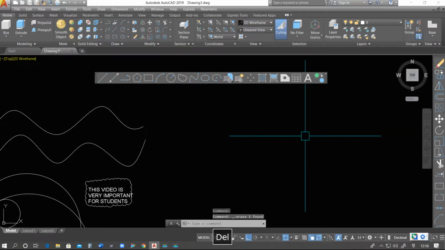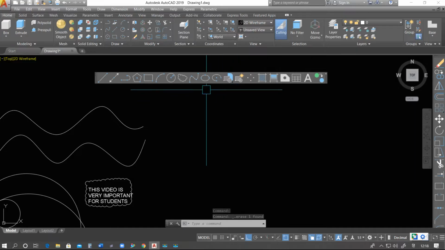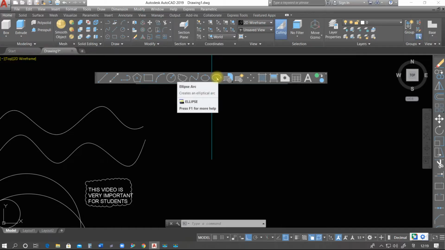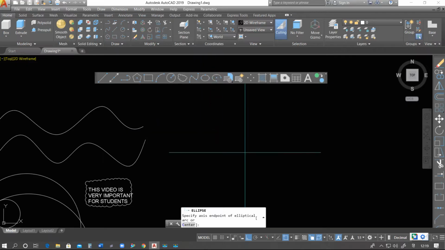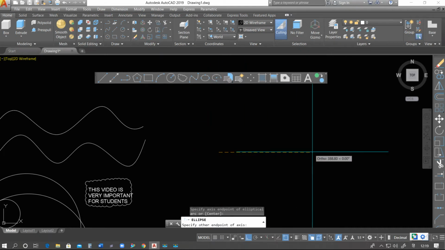We have some more types of ellipse, and this one we see. We have next option, that is elliptical arc. So ellipse arc is what we see, means we have to define some major dia as well as minor dia, and after that we will give some specific angle. Okay, so first we define this one.